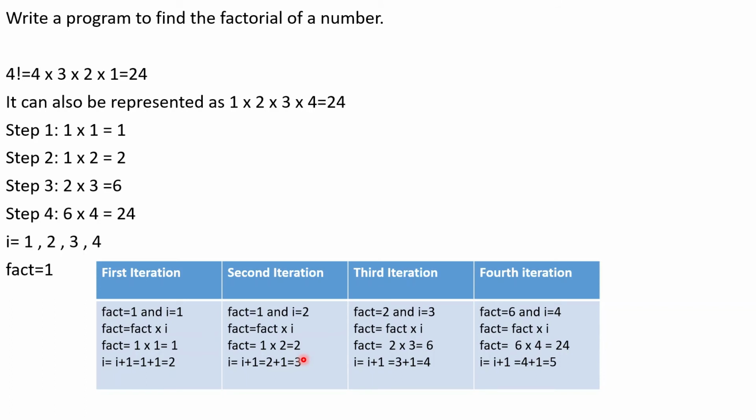This is how I have built a general formulation for the factorial of a number. Now these steps I can write in the body of a loop, and the same steps I can repeat from I equal to 1 to 4, or 4 times I have to just repeat it. Okay, we'll see the example in the next slide. We'll see the program.